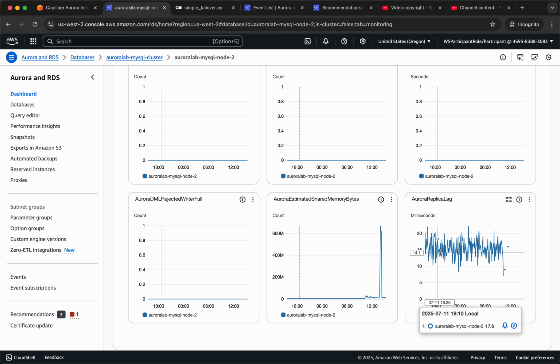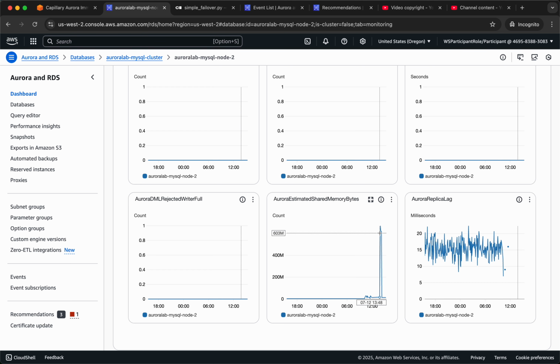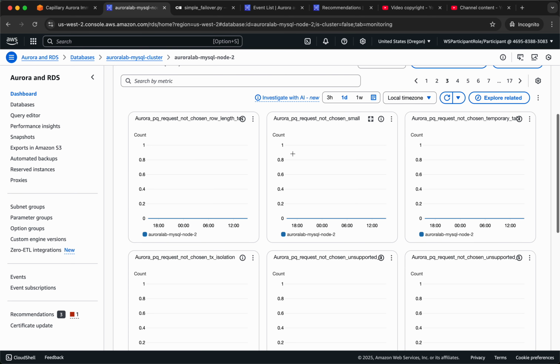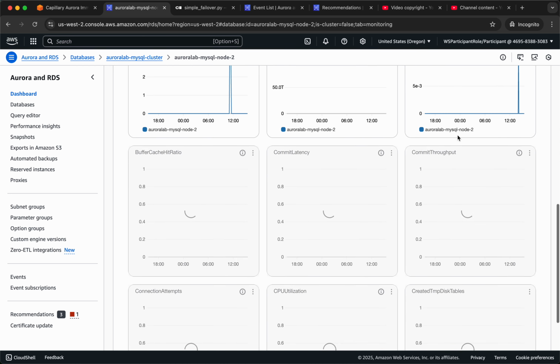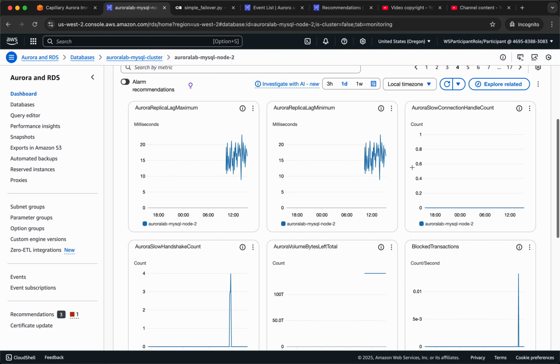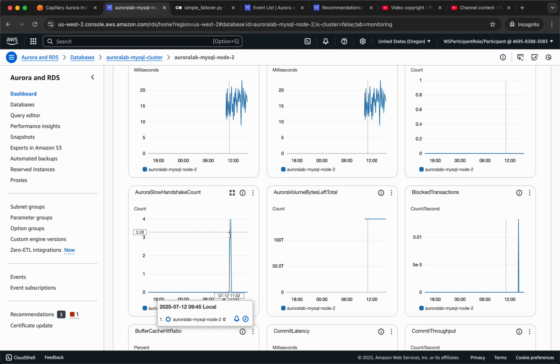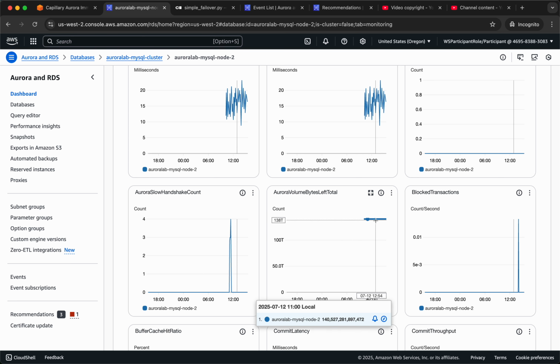There is replication lag showing up here, and there is estimated shared memory bytes going up, some MB, this much MB. But other than that, I don't see anything else here. So 3, 6, 9, 12, so 12 metrics in each page, and there is replication lag maximum, replication lag minimum, and then slow handshake count, and then Aurora MySQL node volume bytes left total. Okay, so the left is basically, initially it was 129,